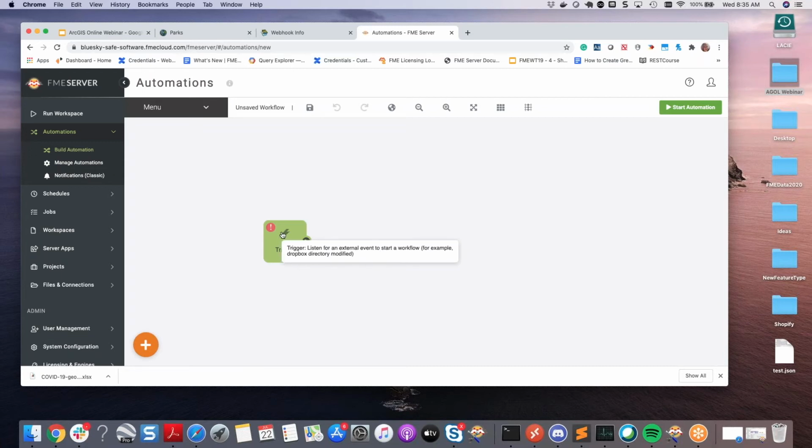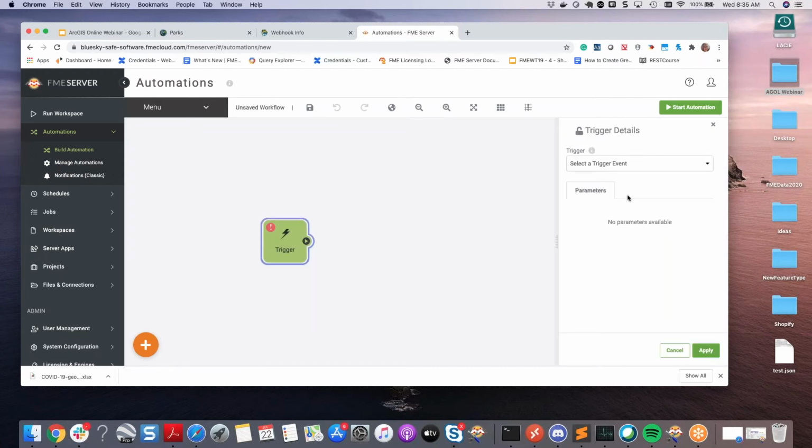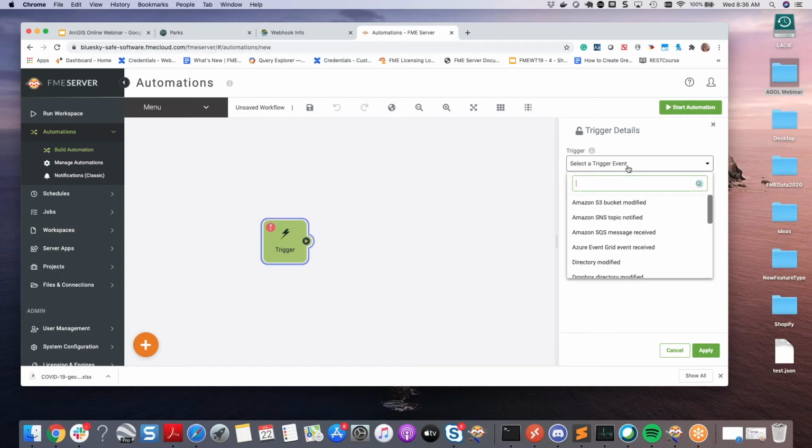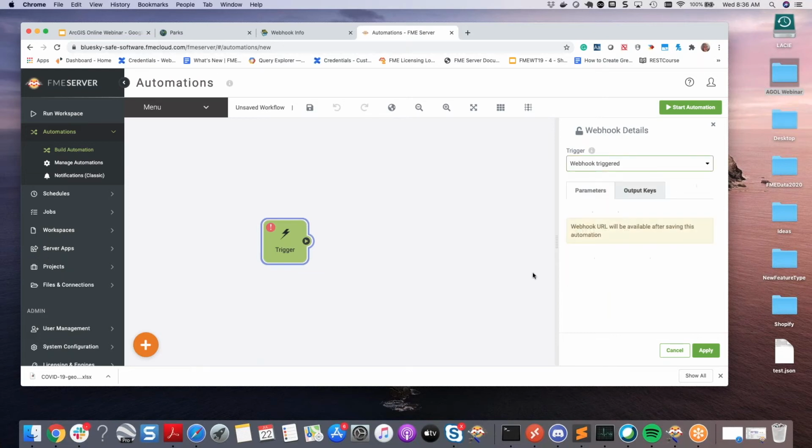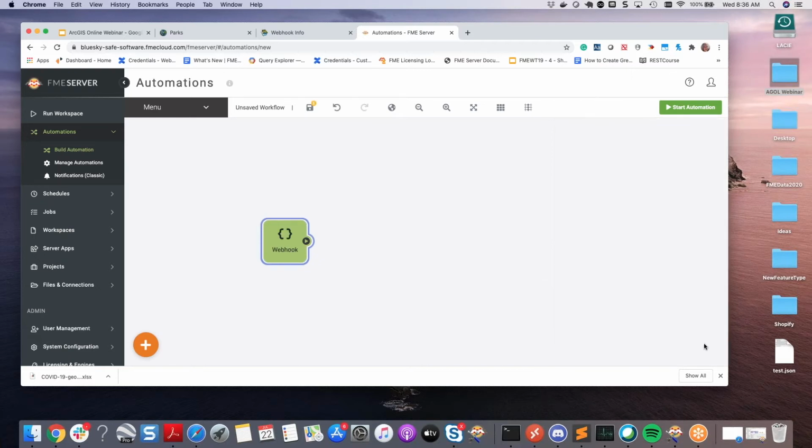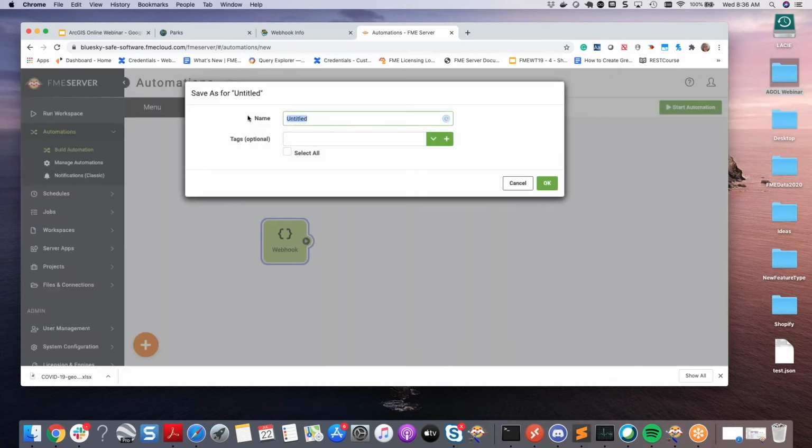If you'd like to start something off like this yourself, you'll need to create a webhook first. To do that, you'll have to create a trigger. In FME server, we have this page called automations. Automations are how you can automate all your workflows. For an automation to begin, you have to have a trigger. And I can select my trigger event here. In this case, I'm going to use a webhook. Click apply. And now if I save this,